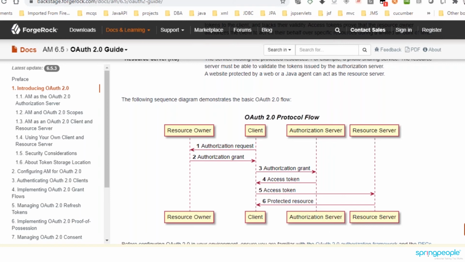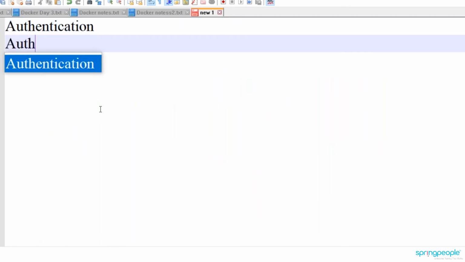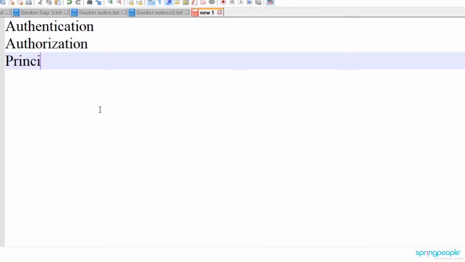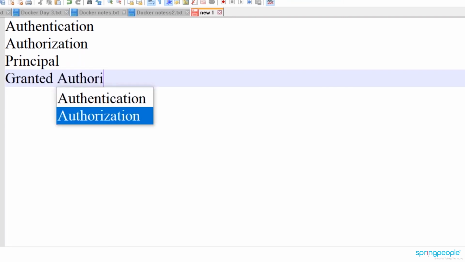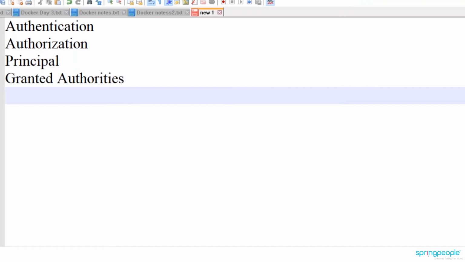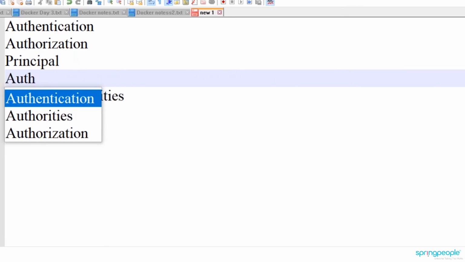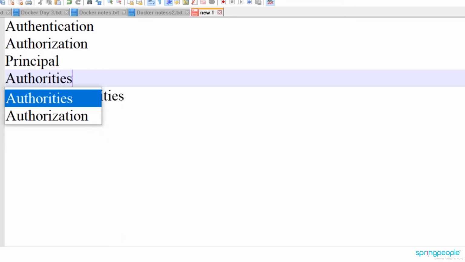So you will have the steps: authentication, authorization, and then you will have the principal object, and then granted authorities.